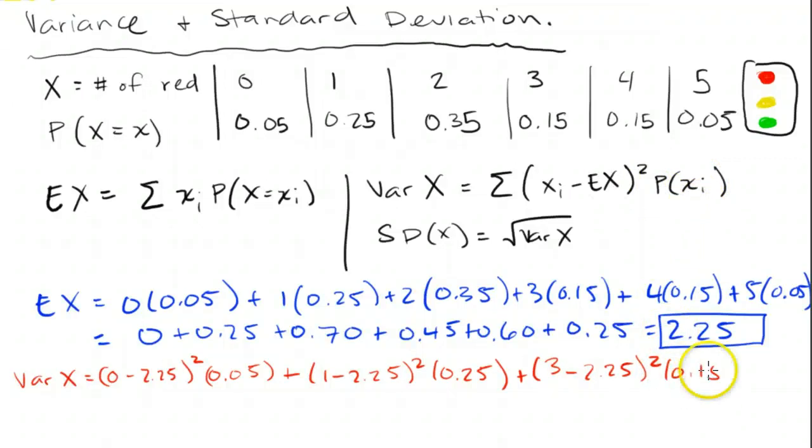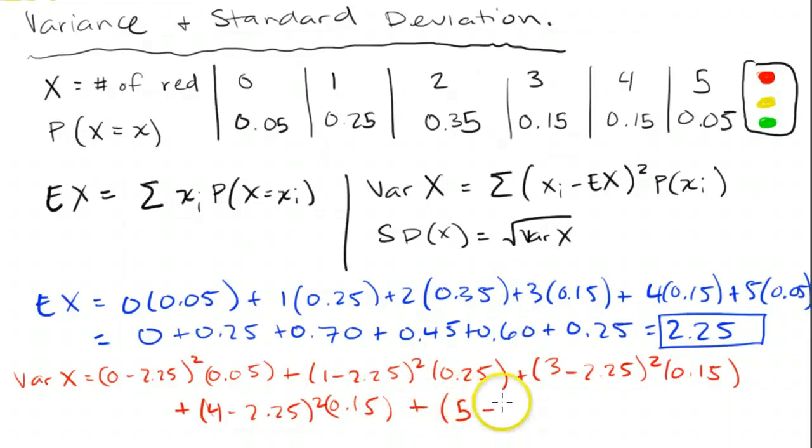And let's go on to the next line here. Plus the fourth one, which is a value of 4 minus 2.25 squared times its corresponding probability of 0.15. And last, we got plus 5, so that's 5 minus 2.25 squared times probability of 0.05. And if we just calculate this out,